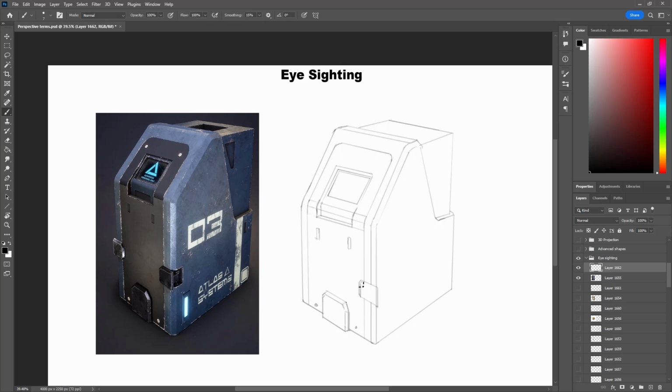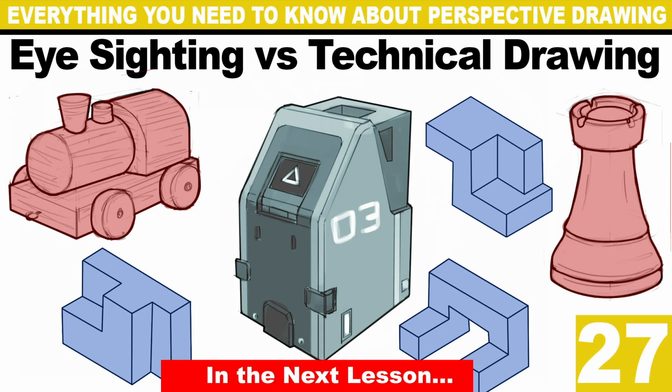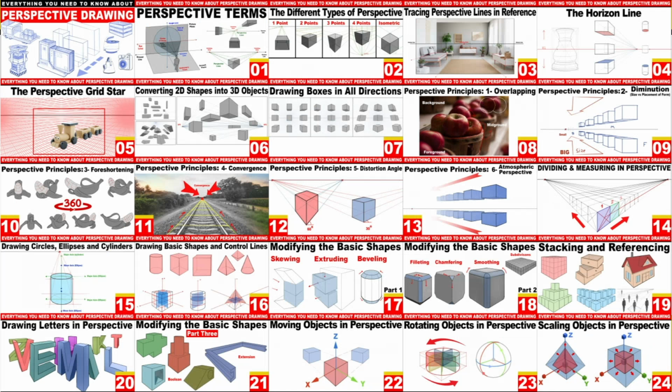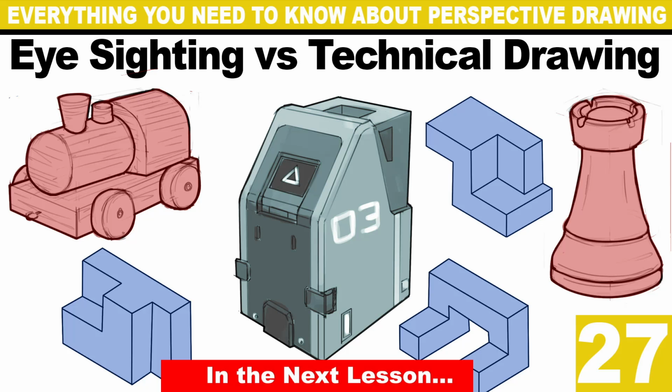So in the next lesson, we will start applying all we learned so far in an easier and more practical way that works for us as artists. But you should first practice all we talked about till you are comfortable enough to move on to the next stage of perspective drawing. Once you are comfortable enough, we can move on with eyesighting in perspective. So we'll do the freehand method first and then do both eyesighting and technical draw. And then we will mix and match in between the two methods on real-world objects afterward. So we'll do that in the next lesson.